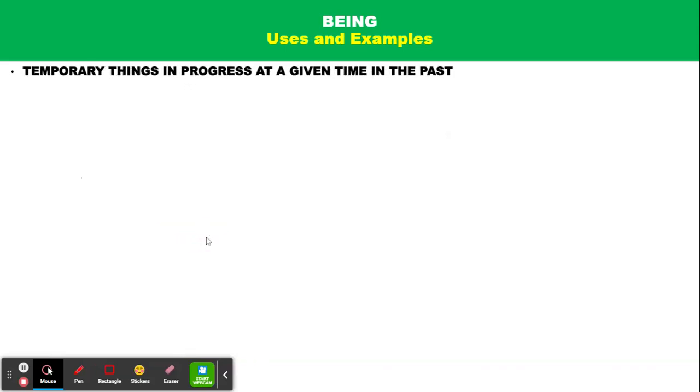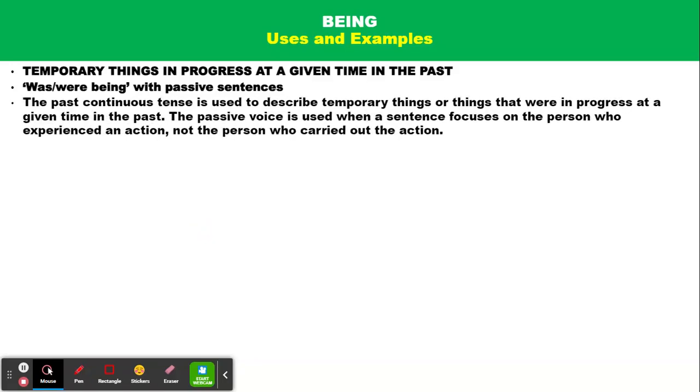Then let's look at other uses and examples. We can use being for temporary things in progress at a given time in the past. You use was or were being with passive sentences. The passive continuous tense is used to describe temporary things or things that were in progress at a given time in the past. The passive voice is used when a sentence focuses on the person who experienced an action, not the person who carried out the action. For example,